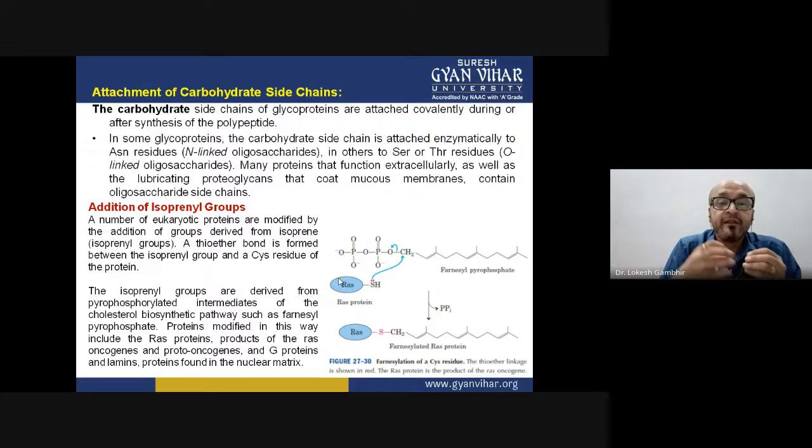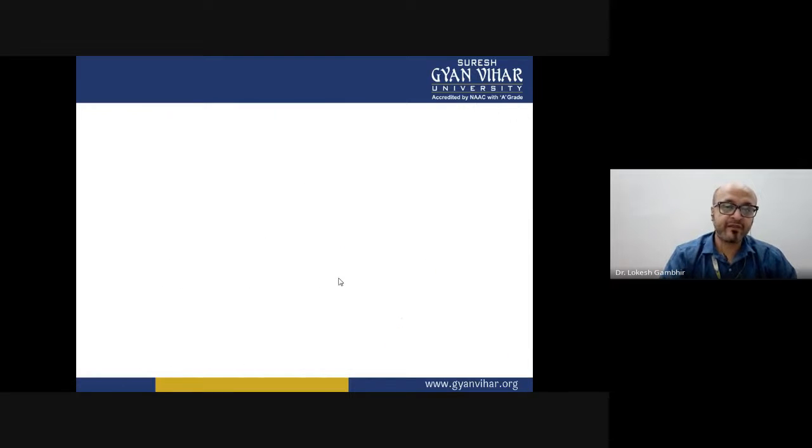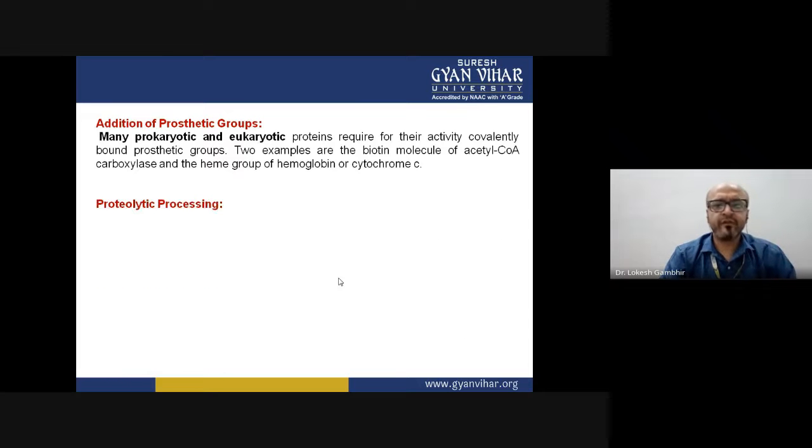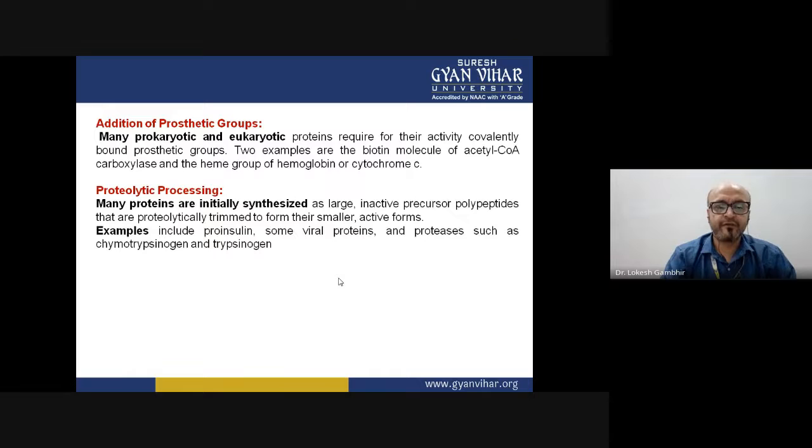What happens? The NRF2 gets phosphorylated. The phospho-NRF2 then becomes activated and goes and binds to the antioxidant response elements. So you see, post-translational modifications are again very much essential in terms of carrying out the proper functions of these proteins.